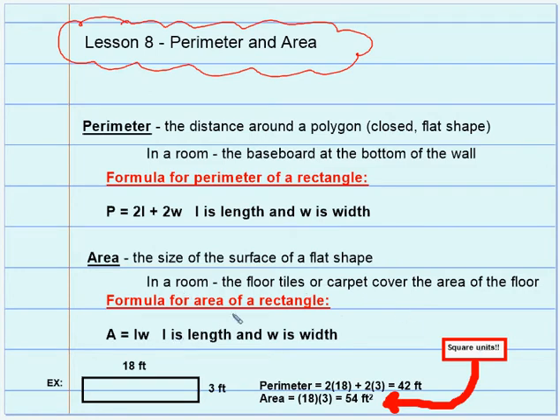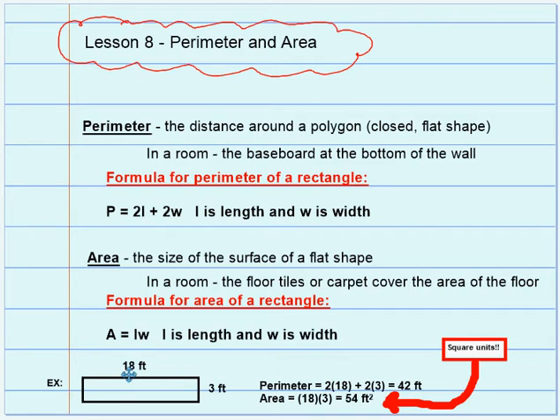So the formula for area of a rectangle is A equals LW, and when there's nothing in between them, that means to multiply. So L is still length and W is still width, and we're going to multiply length times width to get area. So I have an example for you,